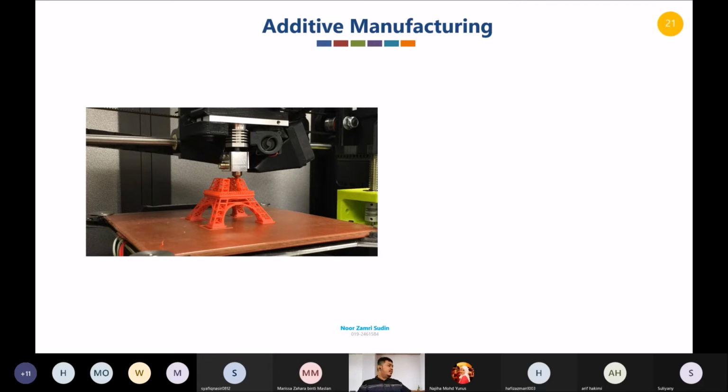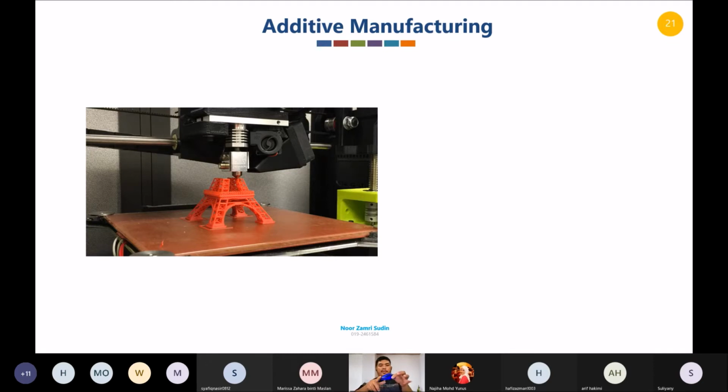For example, if you want to produce or manufacture this mouse, you can see my mouse. You will have a block of plastic, or for example, metal. You get one block of metal, then you remove the part that you don't want.